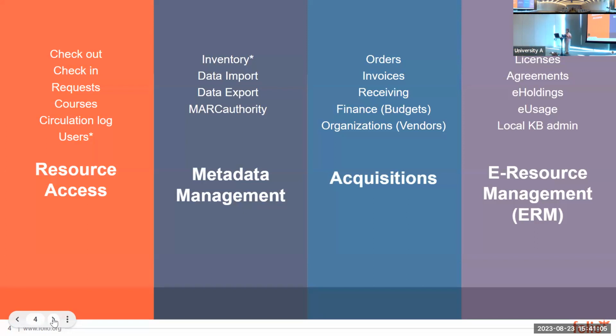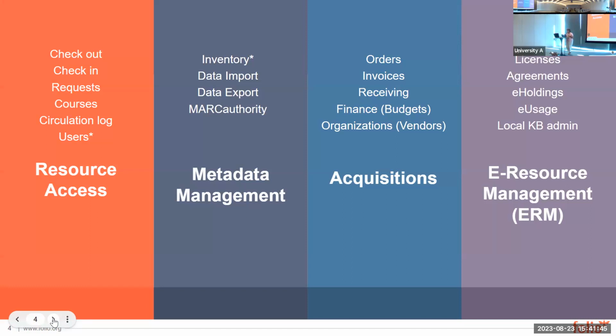When we look at resource access, we're basically looking at check-in, check-out requests, courses, the circulation log, users. We have the area of metadata management, all the inventory. We have MARC, data import and data export. Under acquisitions, of course, orders, invoices, receiving, finance budgets, organizations, and then ERM, e-resource management: licenses, agreements, holdings, usage, etc. So when you dive into reporting and think about the data area you're going to pull from,